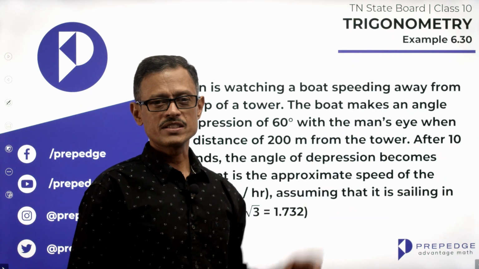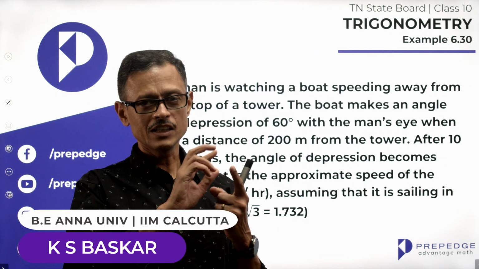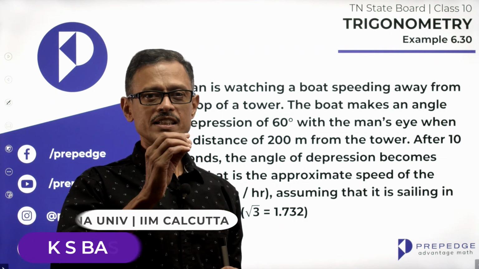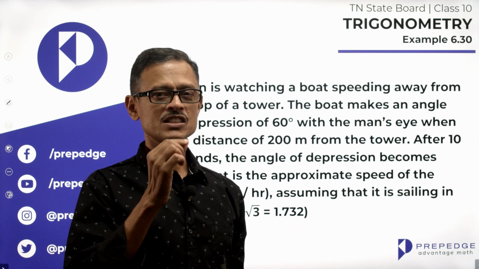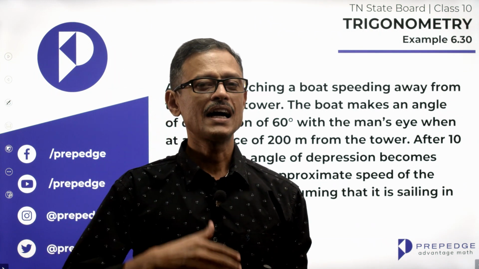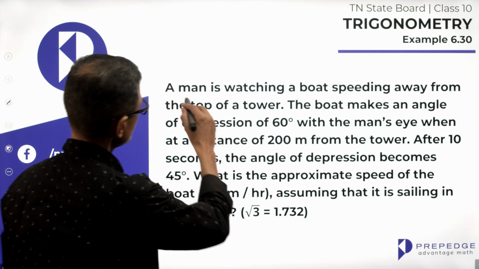Example 30 of chapter 6, trigonometry chapter. The concept tested here is, one, angle of depression, and subsequently we'll utilize that to compute the speed of a boat. The answer will come in meters per second, and we have to convert it to kilometers per hour. So it's quite an intense question. That way, a man is watching